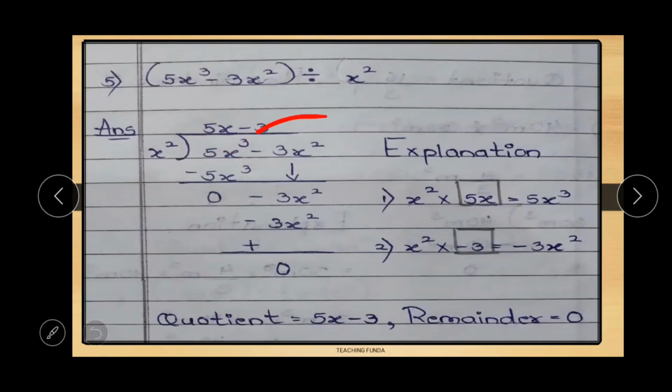Now this step, this whole you are going to take down, नीचे लेंगे. उसके बाद सेम जो फर्स्ट है ये कॉपी कर लो यहाँ पे. Now x square divide by minus 3x square. Now here this is the second step. x square into what number will give you minus 3x square? Here x square means 1. So 1 into what will give you 3? 1 into 3. So here you will write 3. x square is there and you want x square over here also. So no need to add anything here.